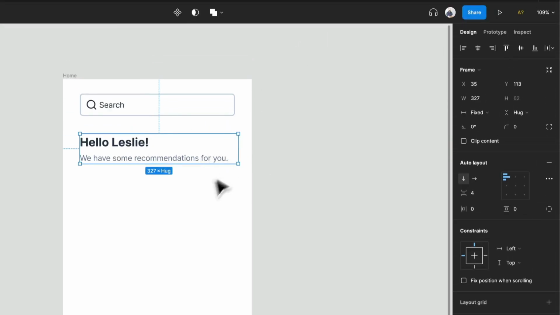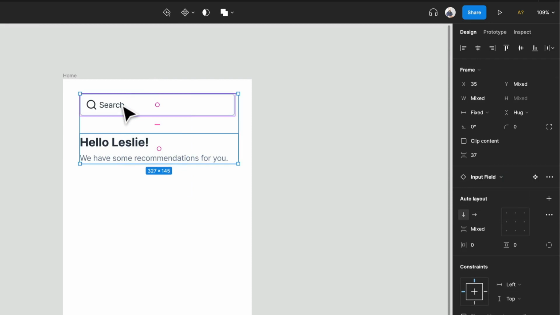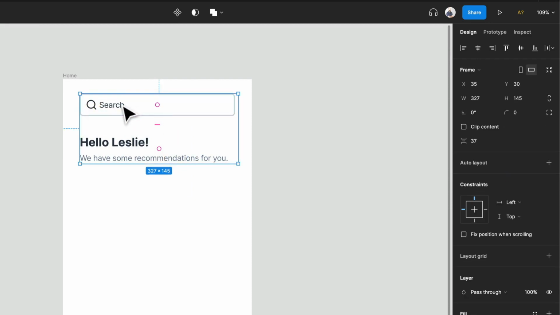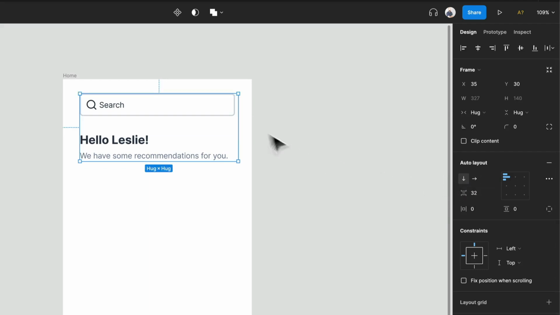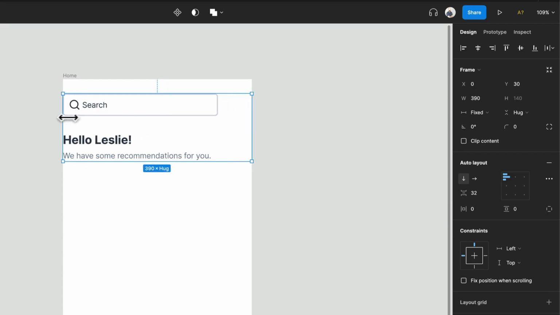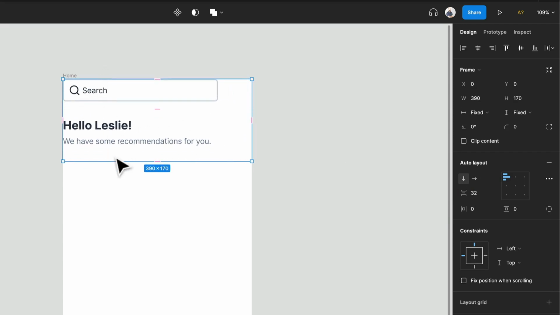And now what I'm going to do is I'm actually going to make this really easy on us. I'm going to set up some sort of foundation where there's just like auto layout. So once again, I'm going to frame this selection. So I'm using my shortcut, which is Option Command G, and I'm going to make this an auto layout. And so here we can start making some nice changes where we can just like pop content in and out. We can make this the full width and the full height and specify